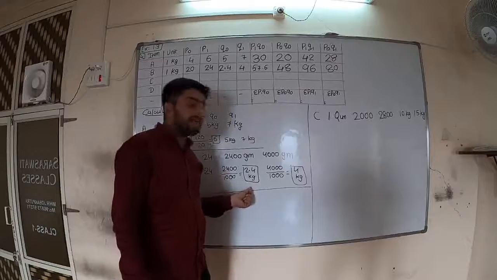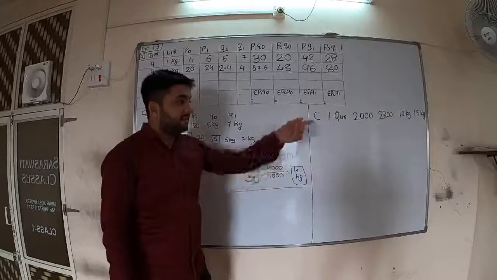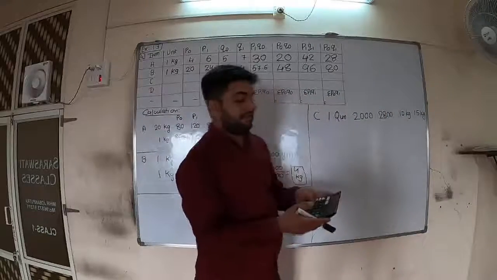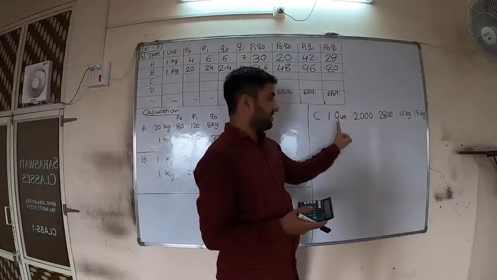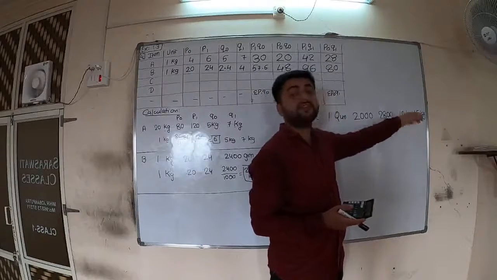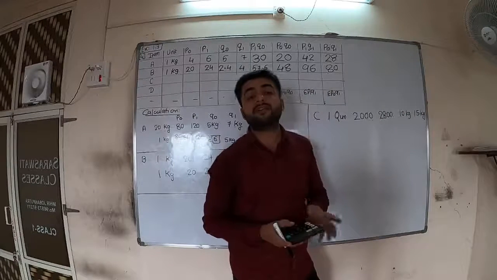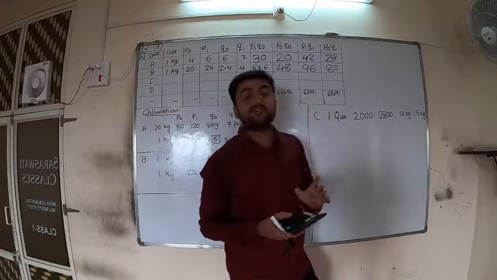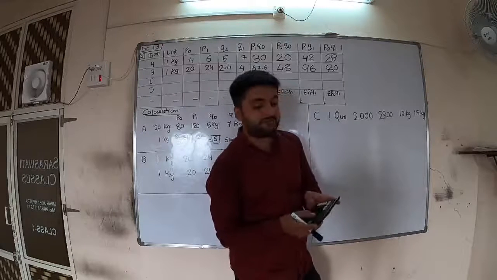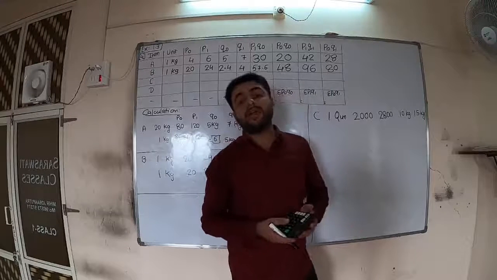Here the exact point came: 2400 divided by 1000 is 2.4 exact. Then try for this. We are converting, this is big unit, this is small unit. We are converting small unit to big unit. So divide. 10 divided by 100. Why divide by 100? 1 quintal is 100 kg. So you are getting 0.1. That is also exact. Again 15 by 100, you are getting 0.15. That is also exact.